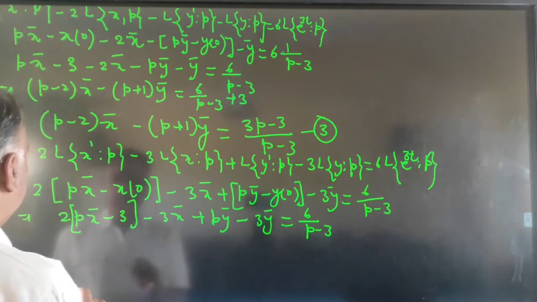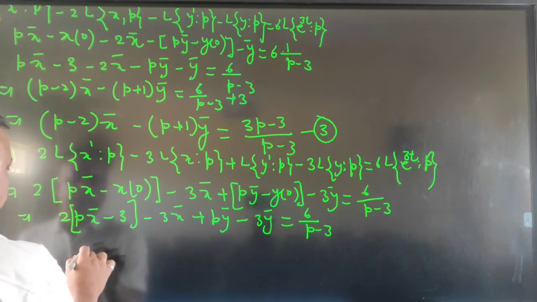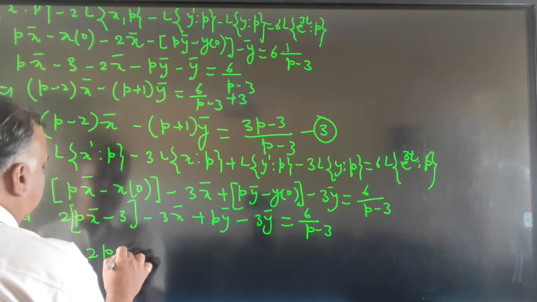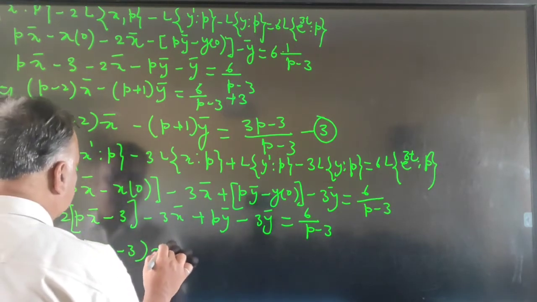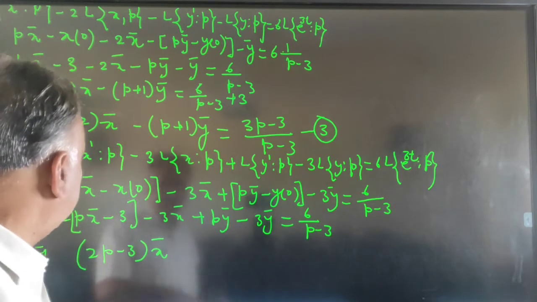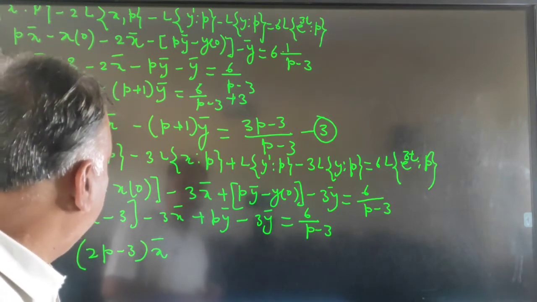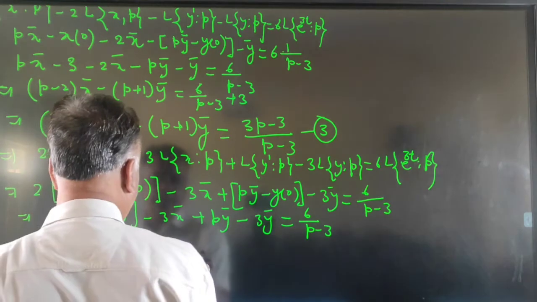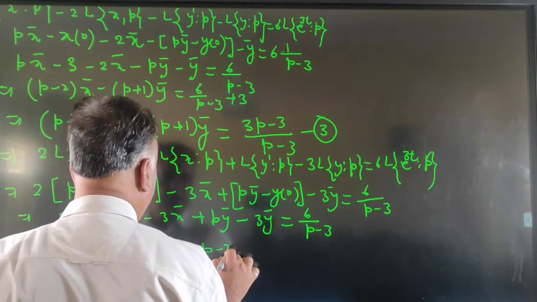Solving this slightly, we get 2p minus 3 into x bar plus p minus 3 into y bar